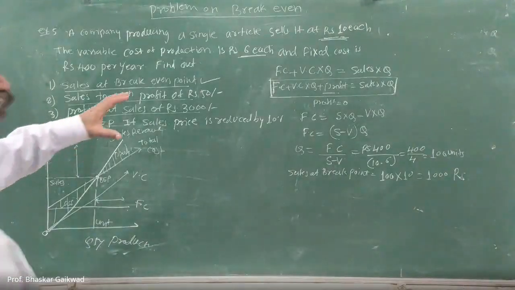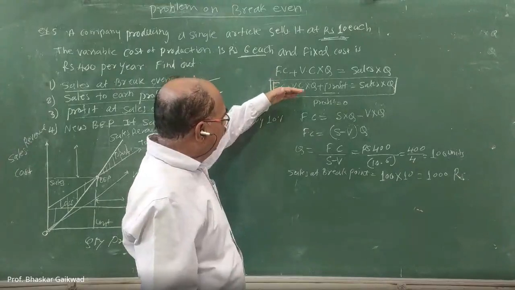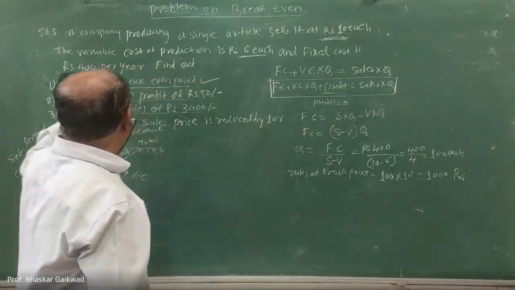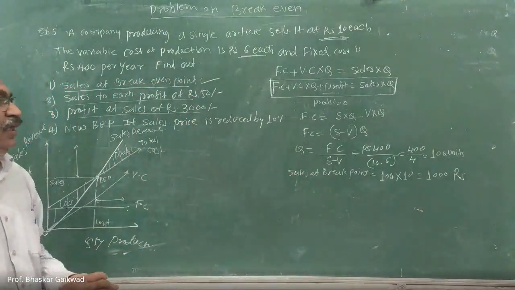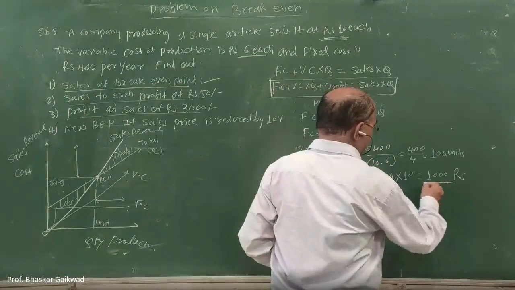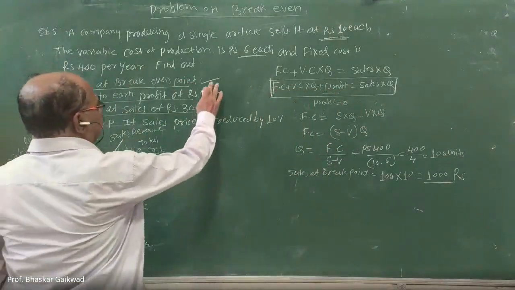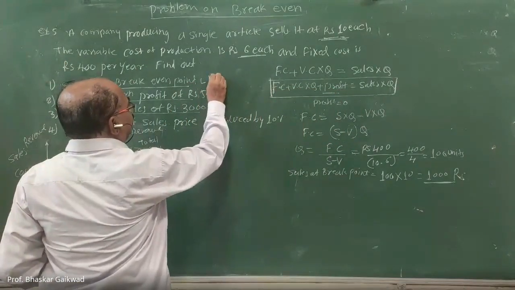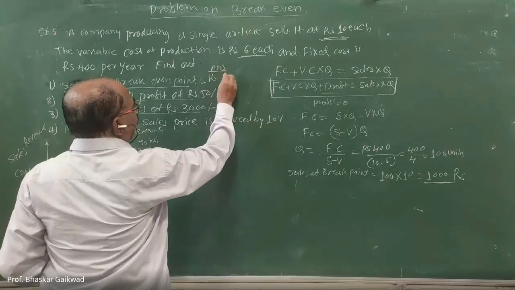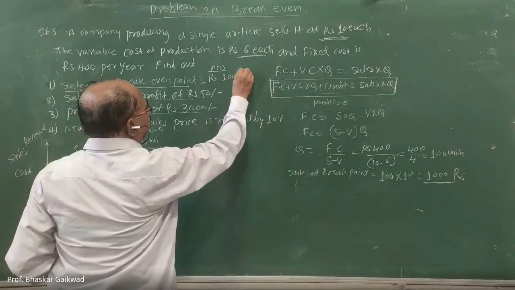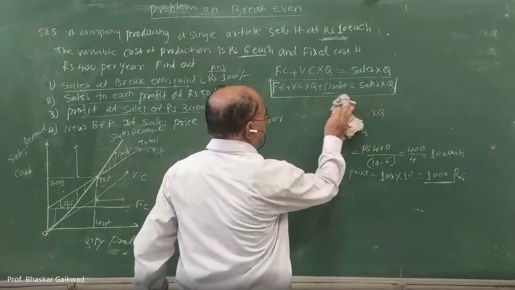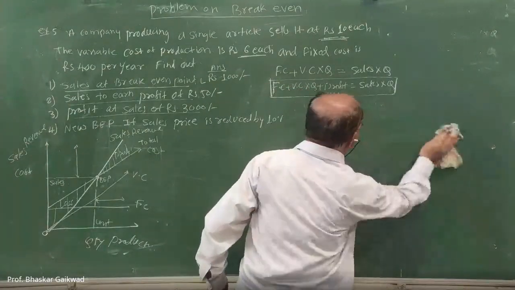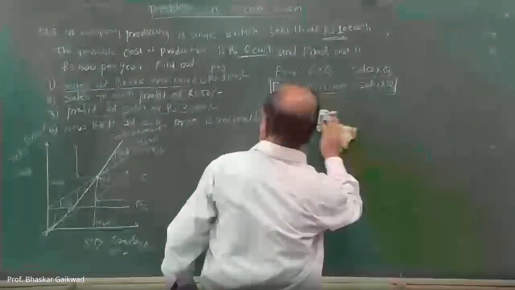So like this way, you only have to remember this formula and go on with the calculation. Try to understand what is the actual question. Accordingly, you can proceed. So this is the 1000, the answer of our first question. Here I will write the answer for this is 1000 rupees. Okay. Now we go to the next.